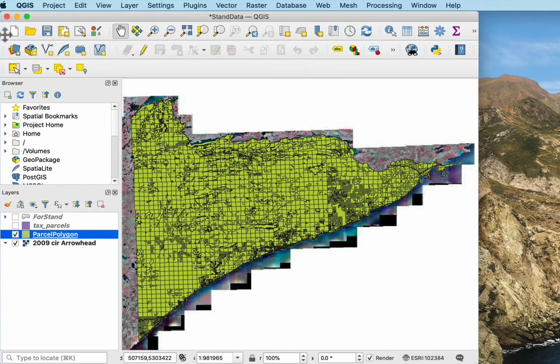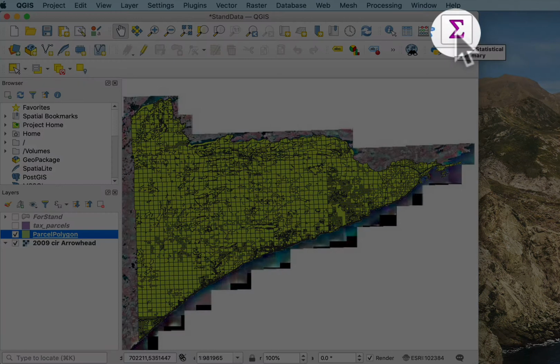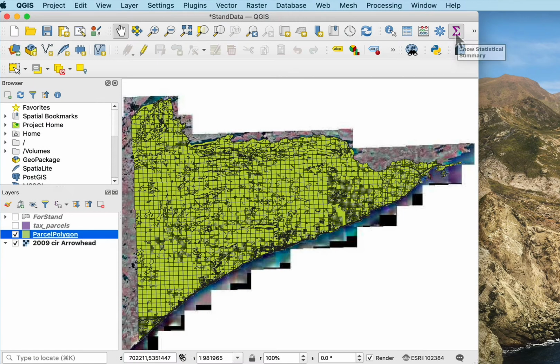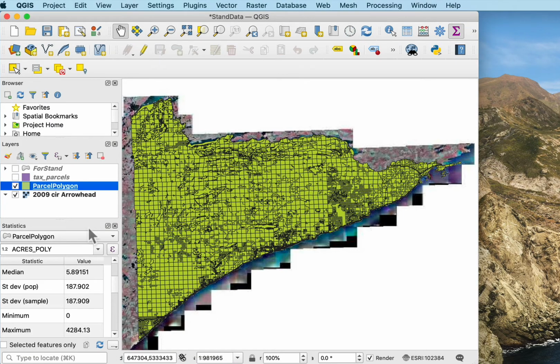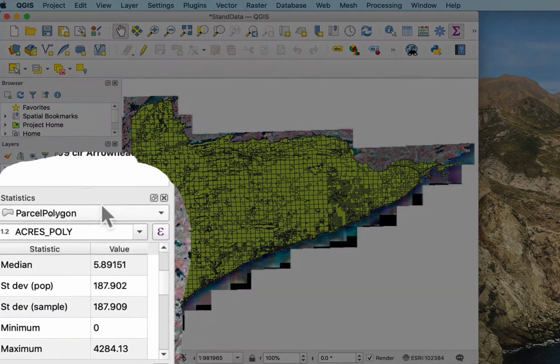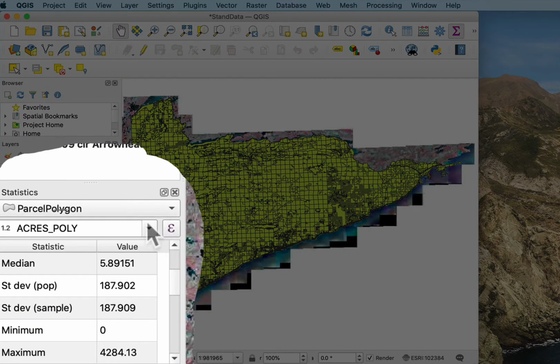So I want to just get to know this data set or any other data set. I might have a stand table, I might have information on land cover. I can look at the basic summary statistics for the entire data set by clicking here on this statistical summary tool. So if I left click on it, it opens in an extra window here below the table of contents,